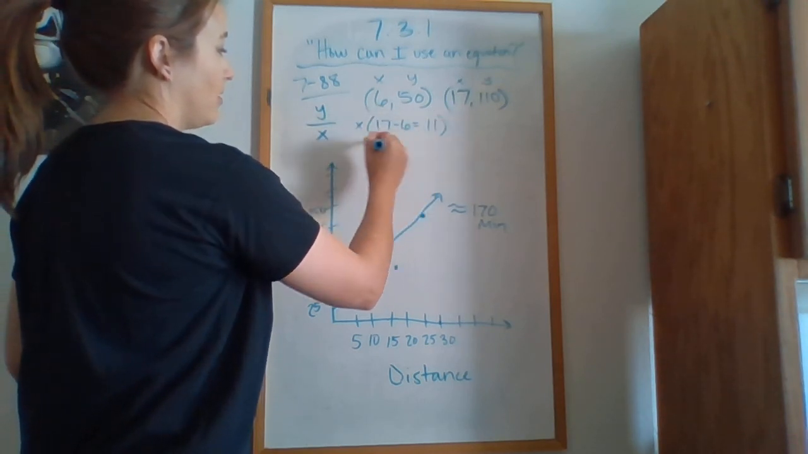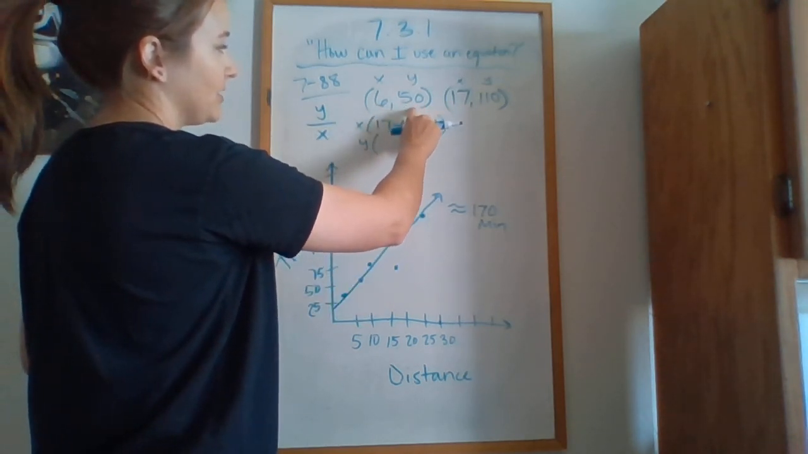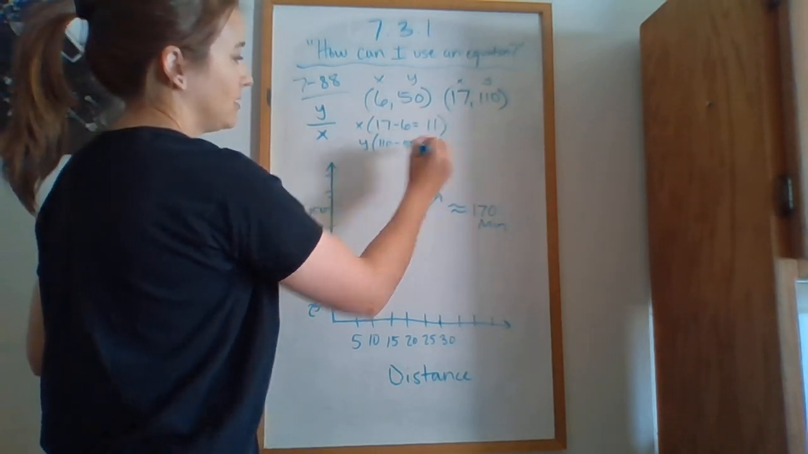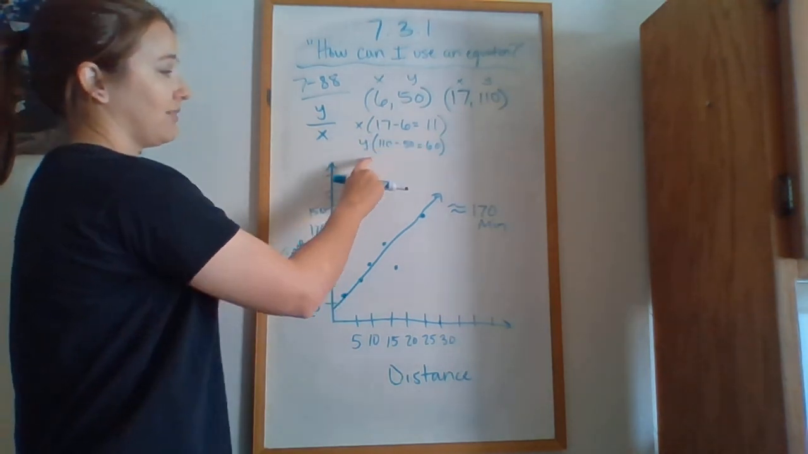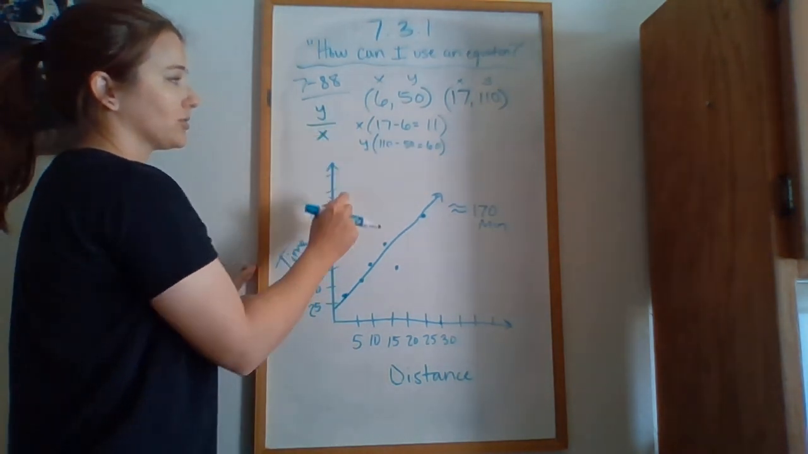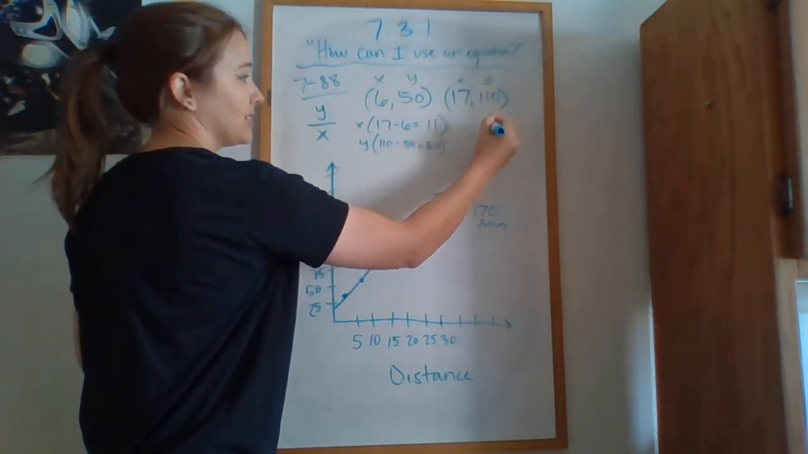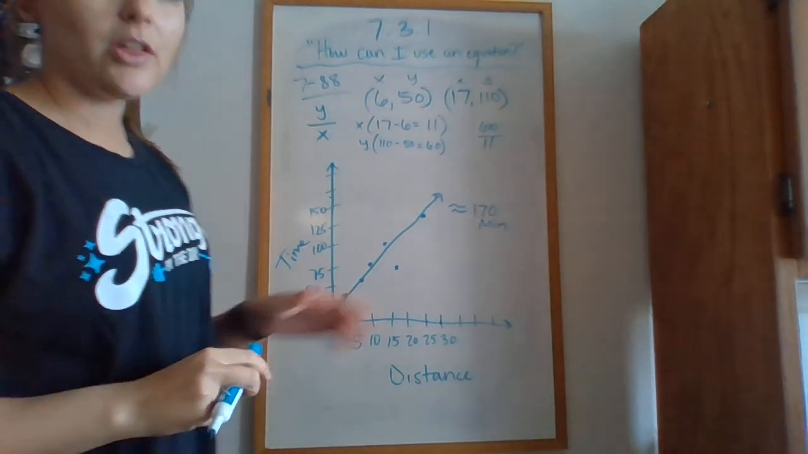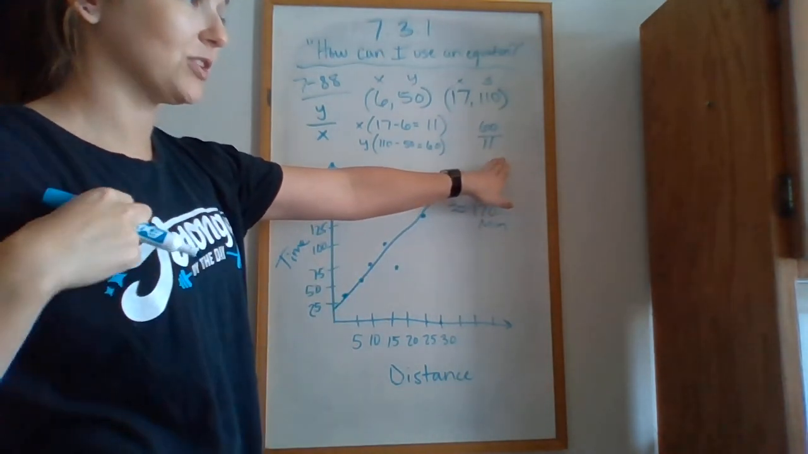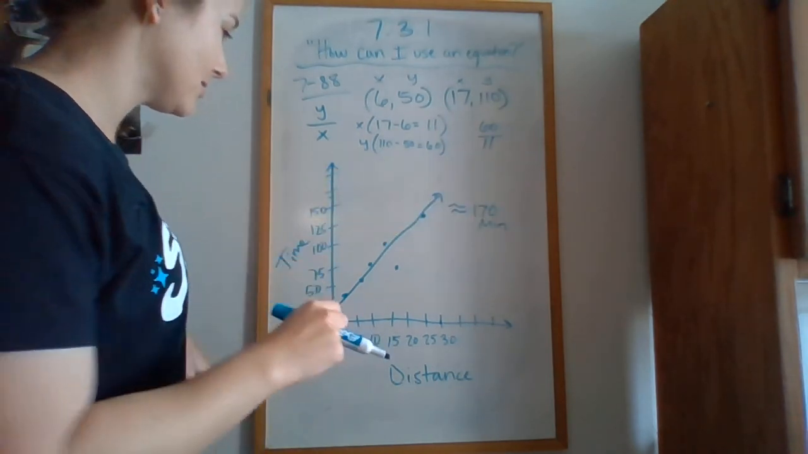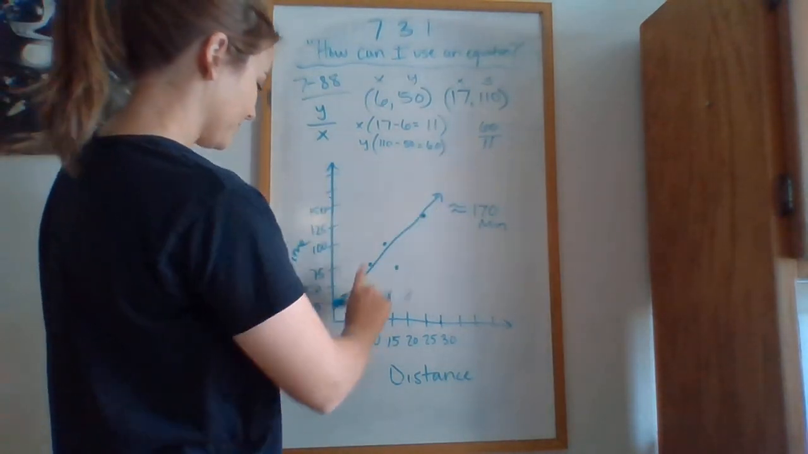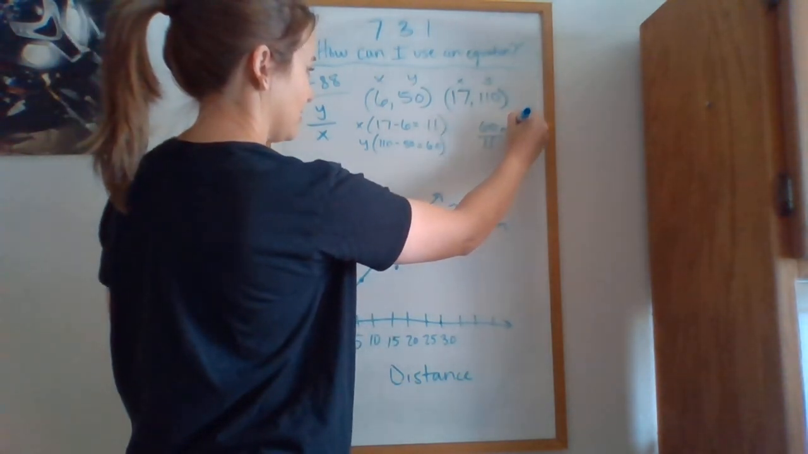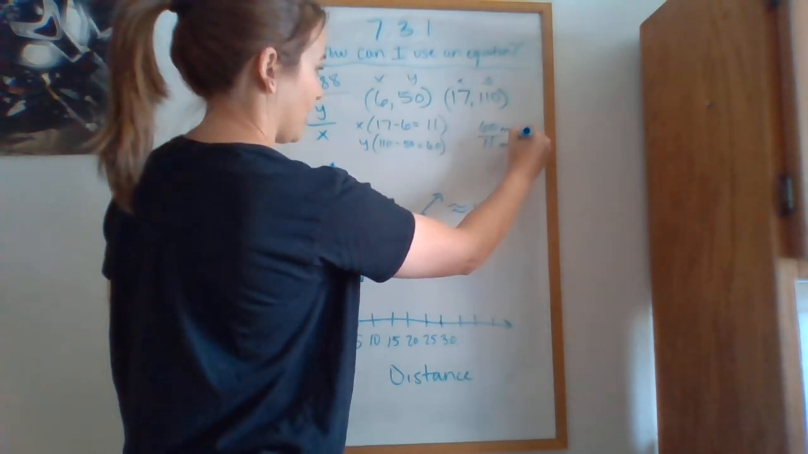And then our change in Y would be the difference between 50 and 110. So 110 minus 50 is 60. So now we have our X and our Y. Our X is 11 and our Y is 60. So now we can plug it into our slope. Our slope would be 60 over 11. So all the slope is telling us, and it says, what does the slope mean? The slope means that for every 60 minutes,